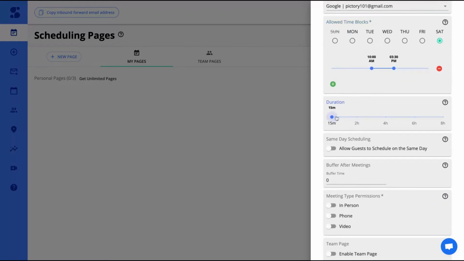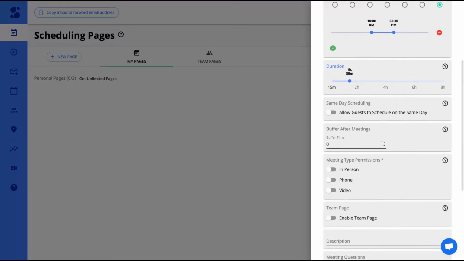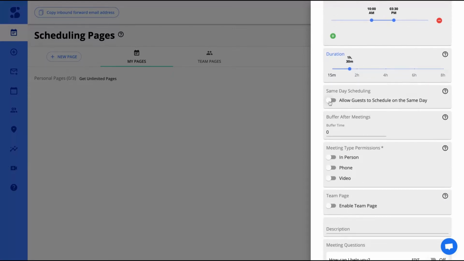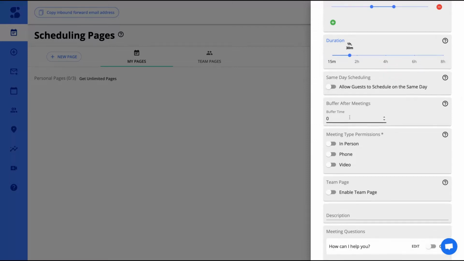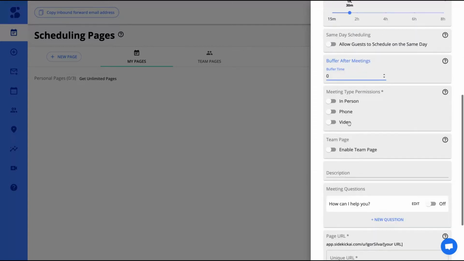The main duration of the meetings, you can see here, for instance, is 1 hour and a half. You can select whether to allow guests to schedule on the same day or not. Buffer time is the time between the meetings, so you can also add that here. On the page, you can